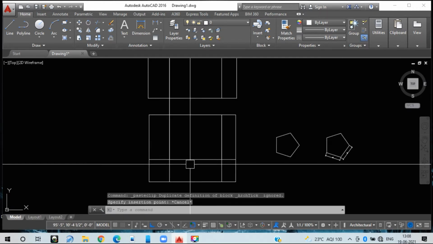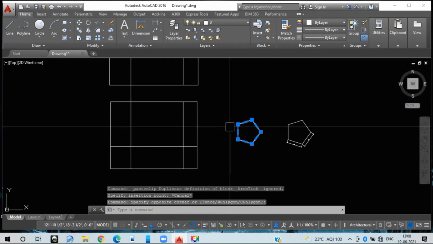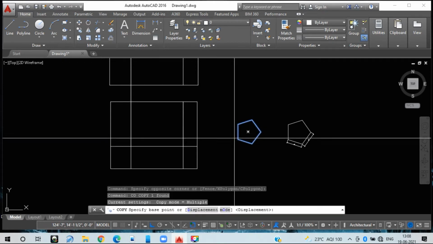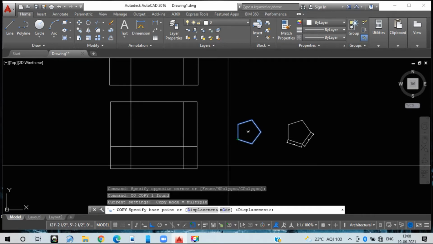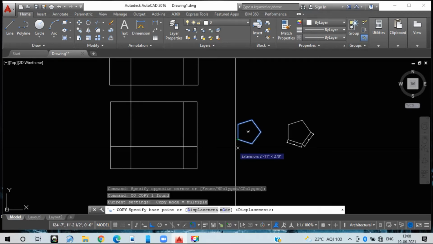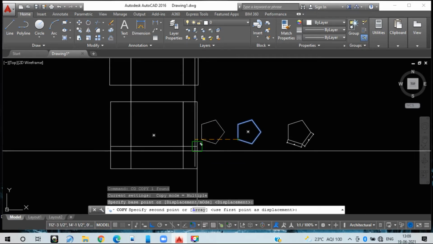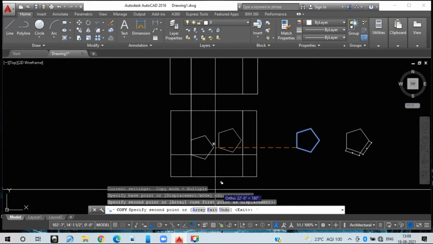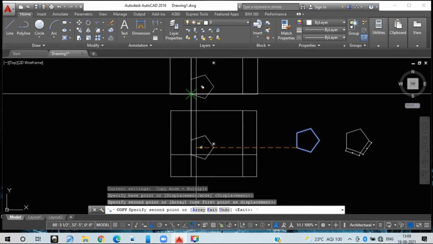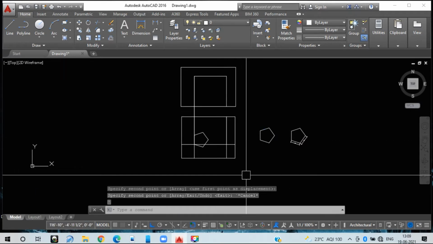Instead of going that way, what we can do in AutoCAD is, they have given a special feature that is called CO, enter. See here, this is my reference point. Whichever point you want to take as a reference, you can take that one. I have pressed CO and enter, and it is asking for my reference point now. So I will take this reference point and directly place it over this point. See now, it has been fixed here. Wherever you want, you can fix this one. For that reference line, it is going to help you a lot.